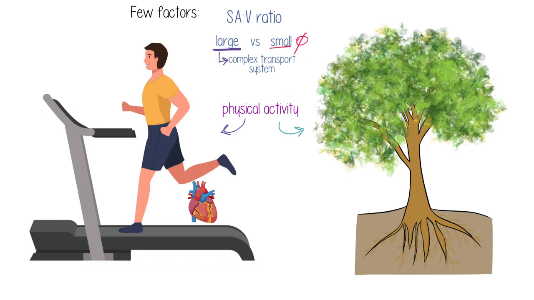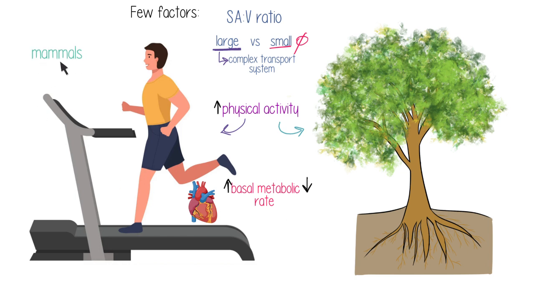And lastly, the organism's basal metabolic rate also matters, and this can be directly linked to how physically active an organism is. The more physically active an organism, the higher will be its basal metabolic rate, which means at rest how much energy does that organism need. Whereas an organism that is not very physically active and stays very still or does not move very much is likely to have a very low or minimal basal metabolic rate and will not require a very complex transport system.